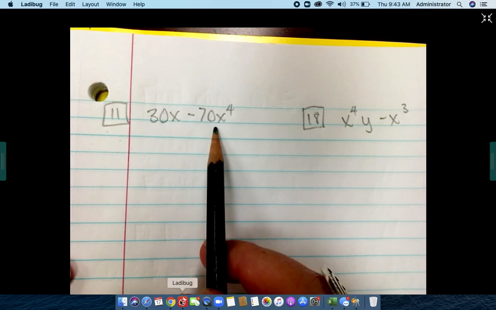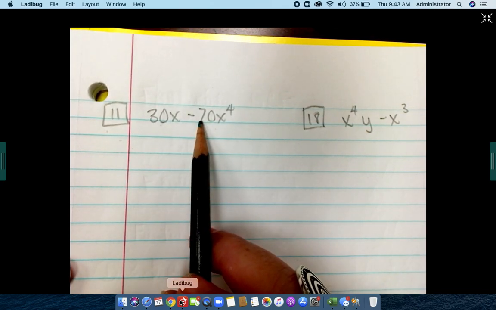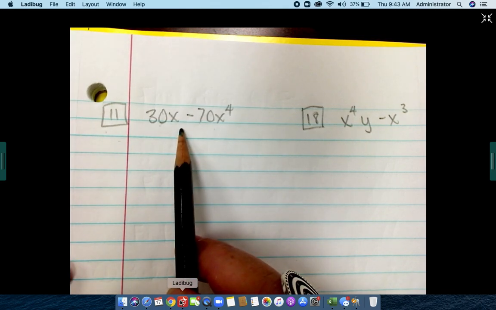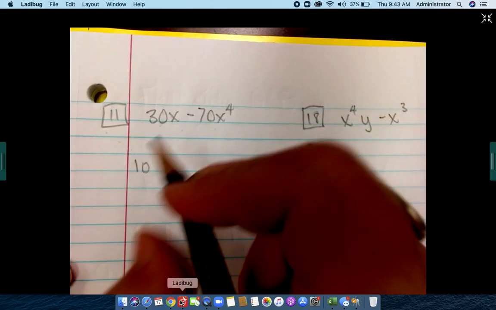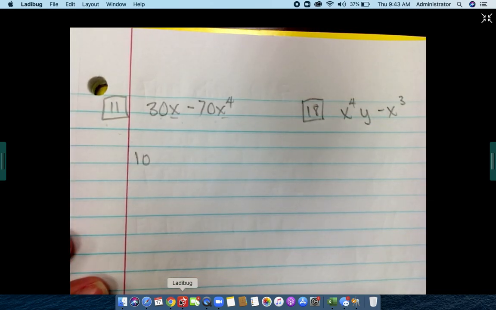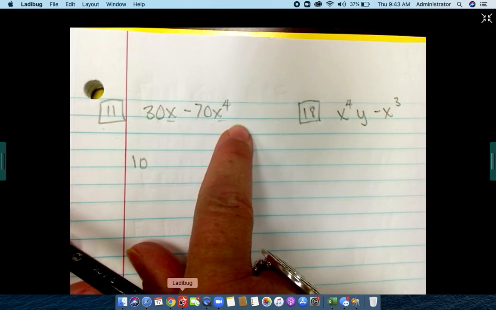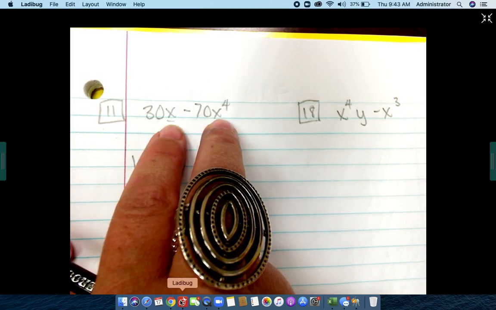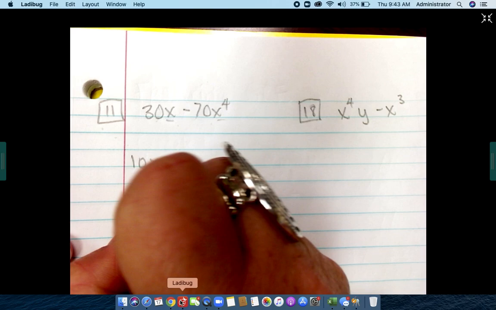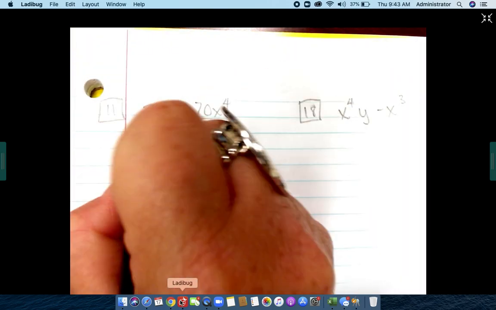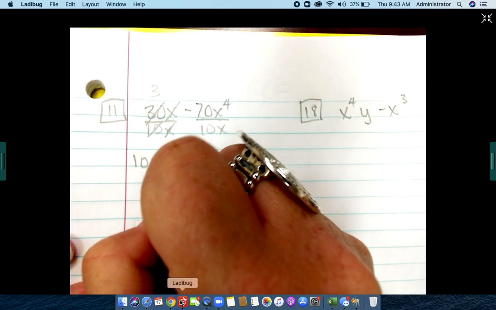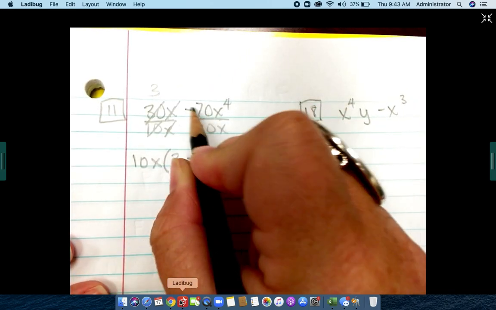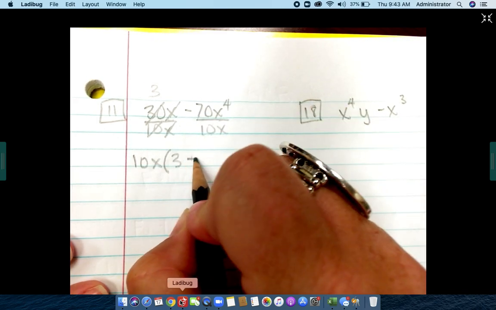So when I look at this expression, I think 30 and 70 are both divisible by 10. So I'm going to use 10 as my GCF, part of it, and then I'm going to compare my x's. And again, this is 1x, while this is the product of 4 x's. So the most they have in common is 1x. So I'm going to put an x here, and again, divide both my terms by 10x. When I do that, my x's cancel, and 10 goes into 30 3 times. Minus, because this is negative